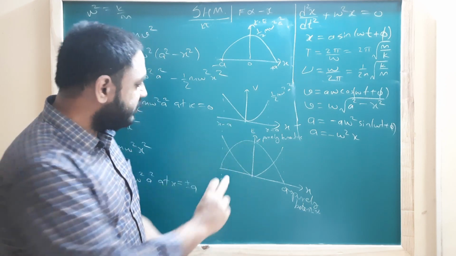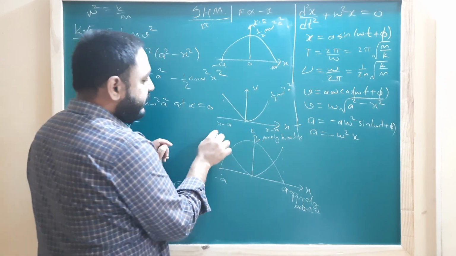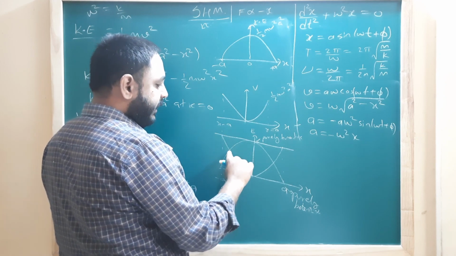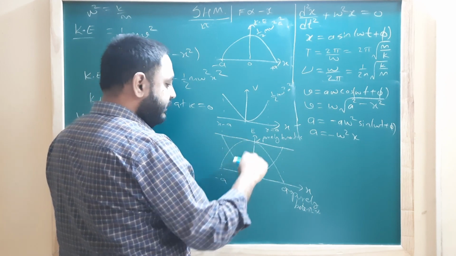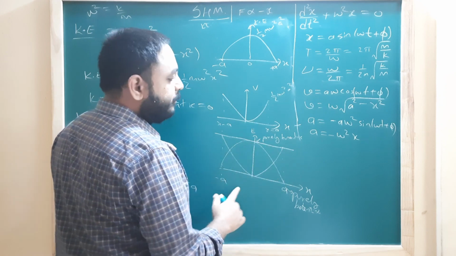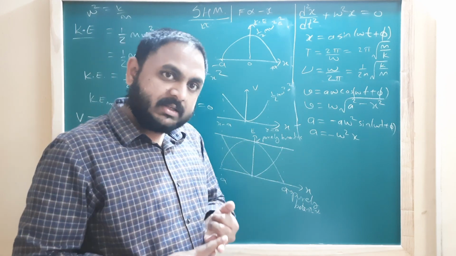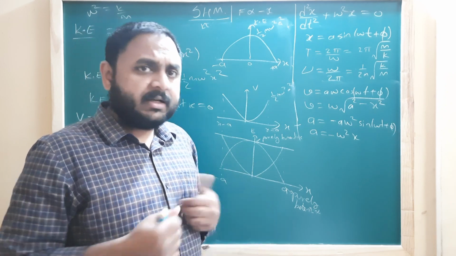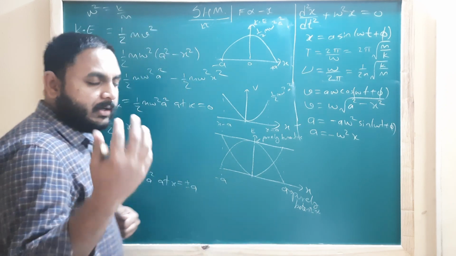The addition remains constant. Look at its total, look at how much the addition is. At this point the addition is this much. At this point if you add this and this you again get this. At every point the addition remains constant. So kinetic energy plus potential energy has to remain constant continuously. Why? Every mechanical system will obey the conservation of energy.